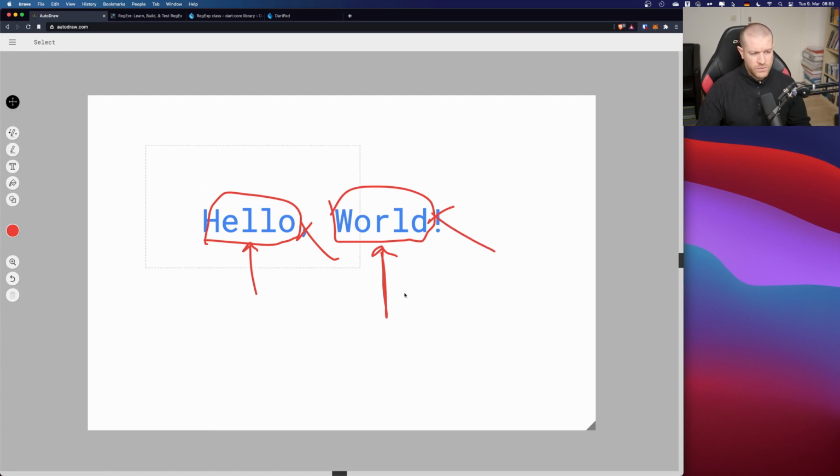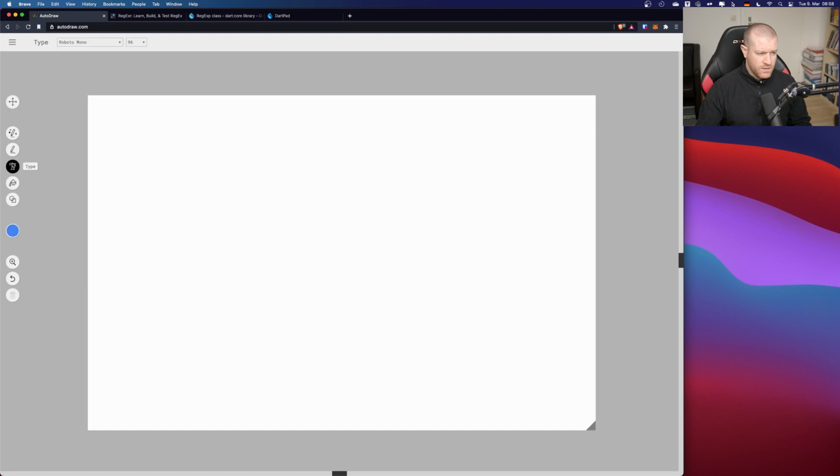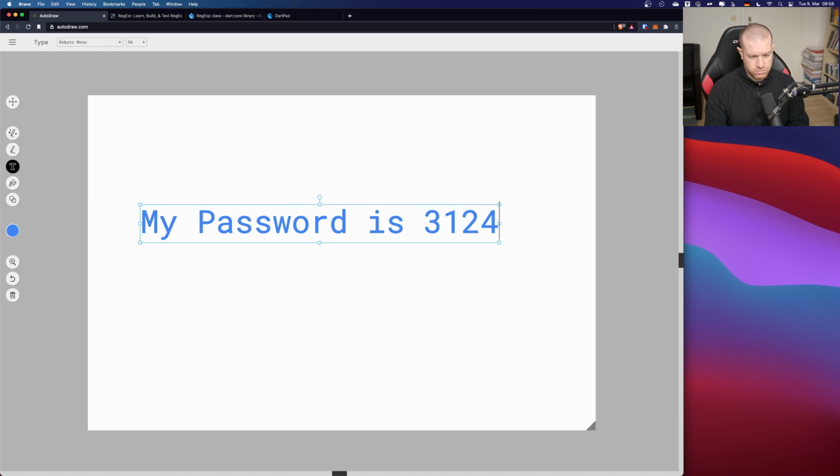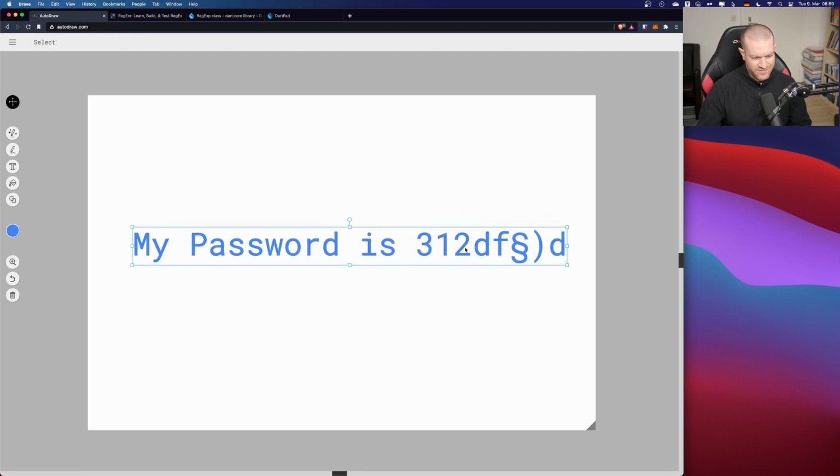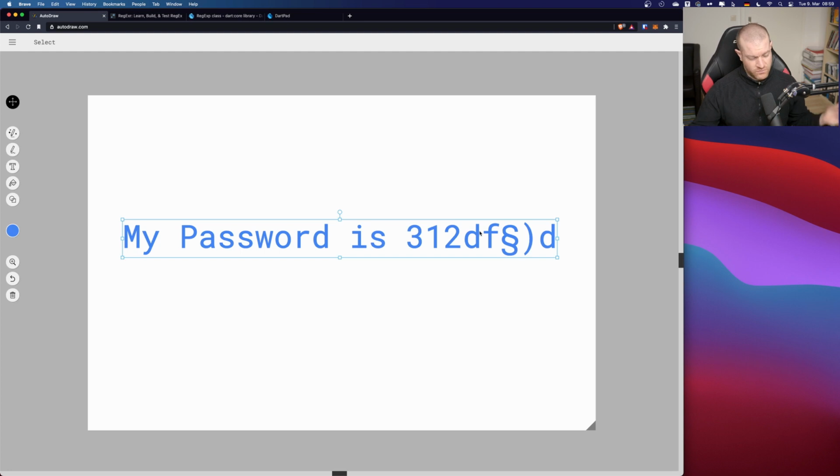Cool. Another example is maybe, let's say you have something like, my password is, whatever. That's a strong password. It's not bad. You can use it for free. You're welcome. Okay, so if you have something like this,